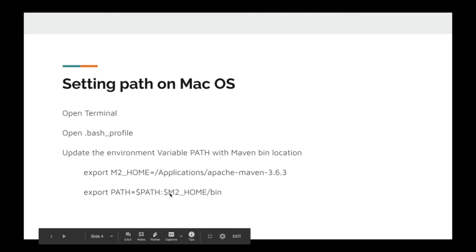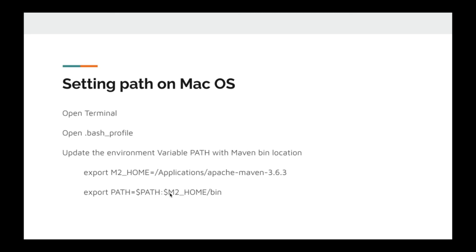That means if the path already has a lot of entries present in it, we will just be updating it with Maven home.